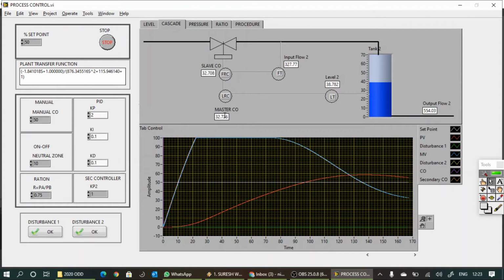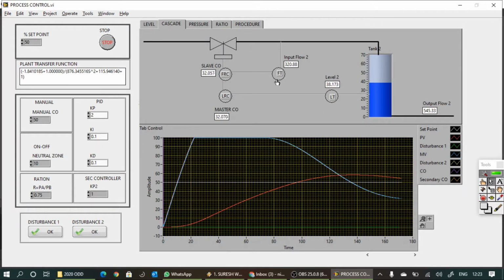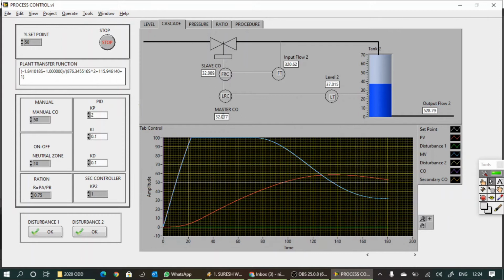Okay, so this one is a percentage value, this one is out of 0 to 1000. So if you are converting this one to percentage, these two are not equal. So a secondary control output is generated. Okay, that is not equal to this one. If these two are equal, then these two signals will be same. Okay, so first we have to wait to settle this one, then only we can show you the effect of